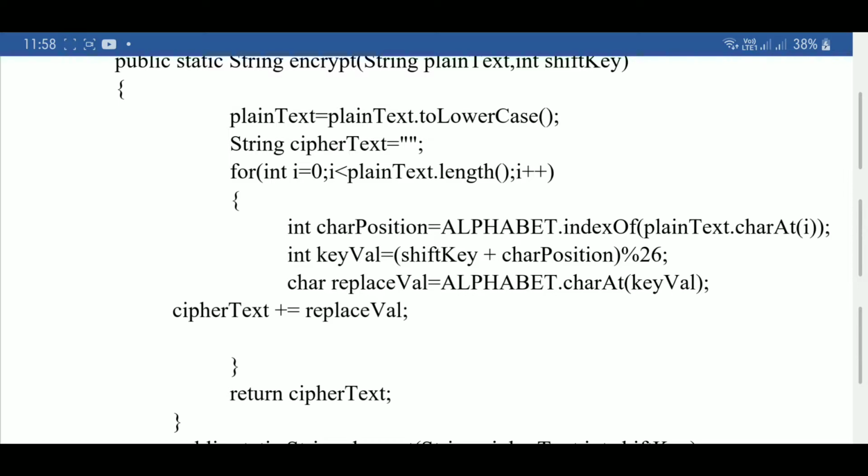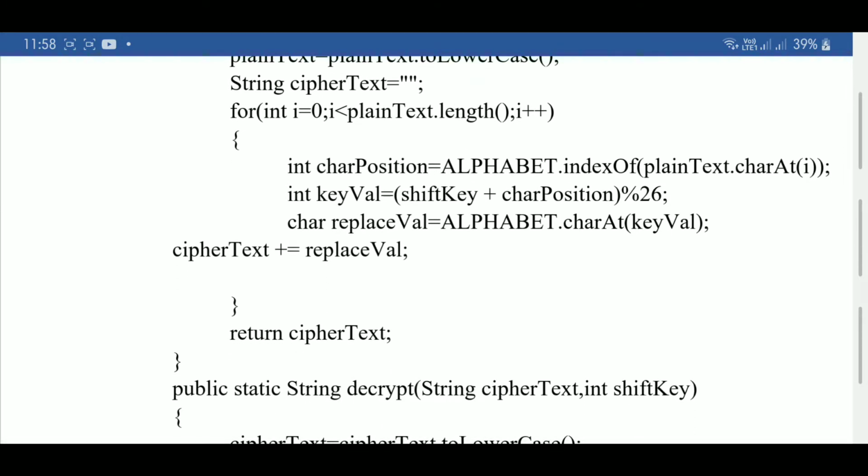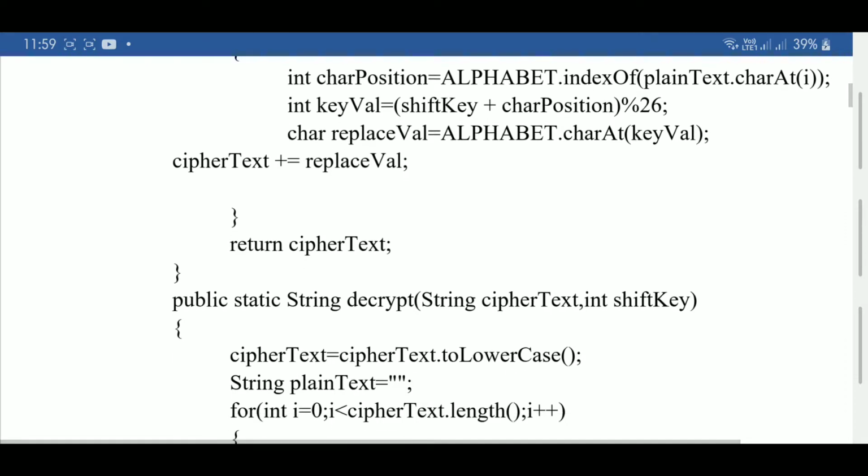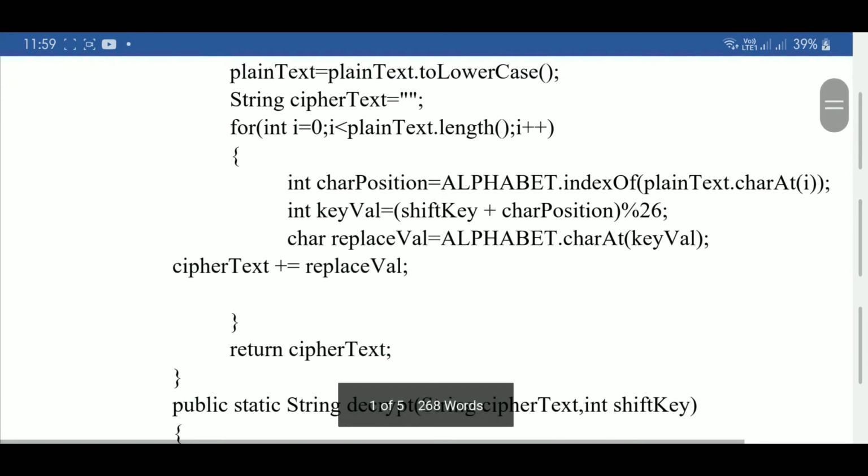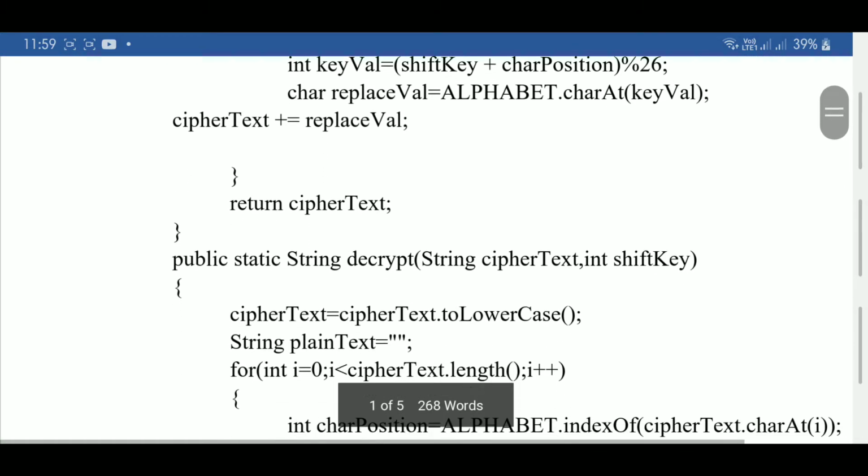We will run a loop where we start i at 0 and run it to the length of the plain text, the input given by us, with i++. It will take the index and keep the pointer at one character at a time. After completion of this loop, it will return cipherText.